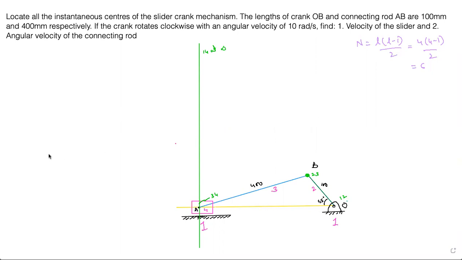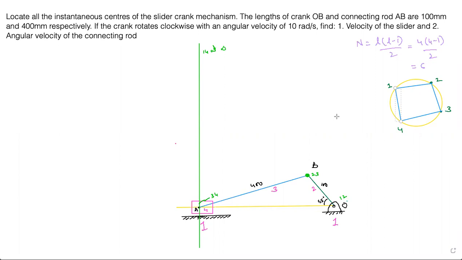You have the circle method, as we already know. Just draw a circle and mark the number of points equal to the number of links. You have 4 links, so you mark only 4 points; if you have 6 links, mark 6 points, and so on. So I'll mark 4 points and number them 1, 2, 3, and 4. Now, whatever instantaneous centers you already have, just connect them. Usually, whatever you find on the circumference, all are present. So I'm just connecting 1, 2, 2, 3, 3, 4, and 4, 1.